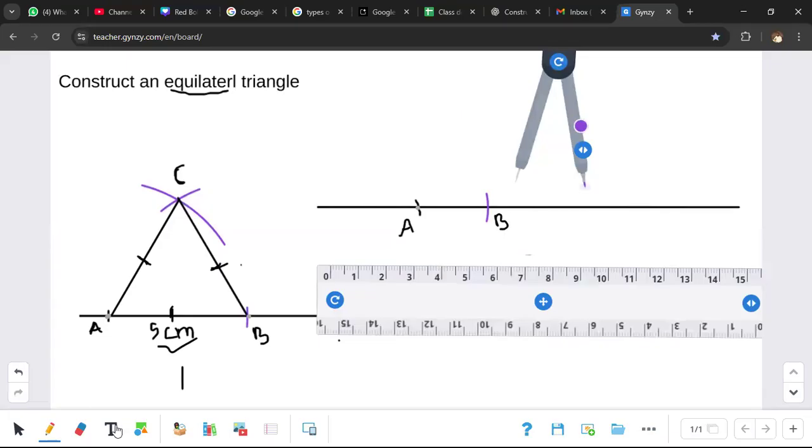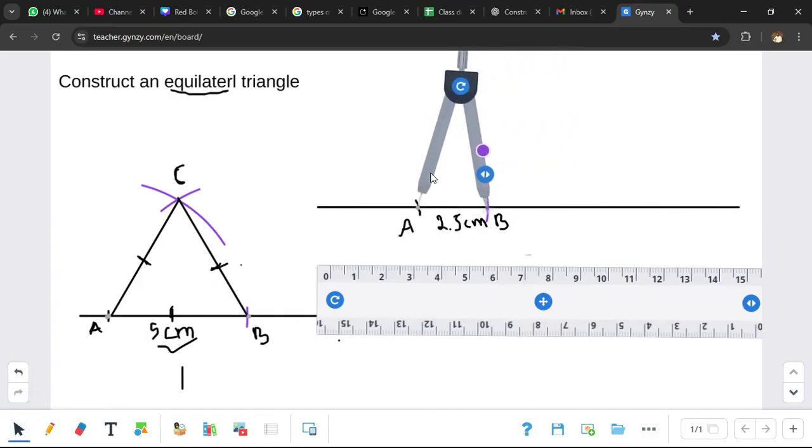Right. So no need to change the length of your compass, right? Compass එකේ දිග වෙනස් කරන්න ඕනේ නැහැ. Because you know this is 2.5 centimeters. You have to write it down exactly, right? 2.5 centimeters. Then you are going to construct an equilateral triangle, because all the sides